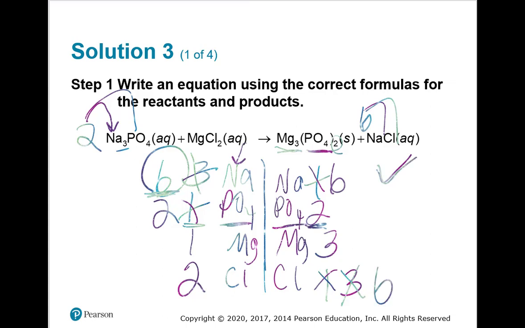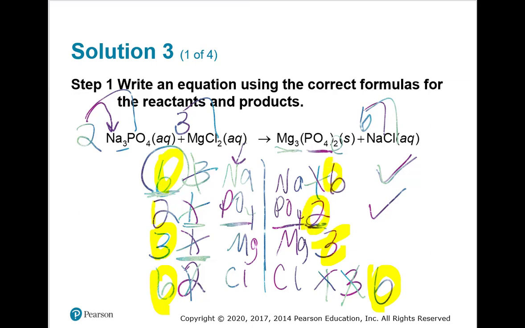All right, so now we're back to having our sodiums good, our phosphates are good. Let's look at the magnesium. I need to triple the magnesium on the left, so I'm going to put a 3 in front of there. That gives me 3 magnesiums, and it gives me 6 chlorines. And that just made my magnesiums good, my chlorines match, sodiums match, and phosphates match. We are